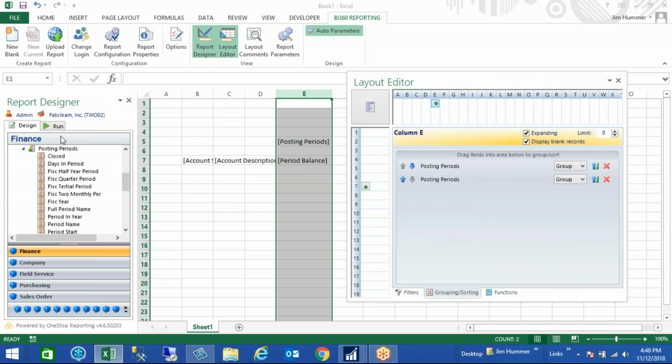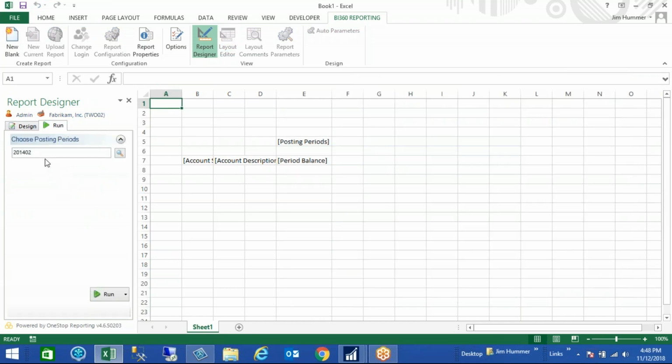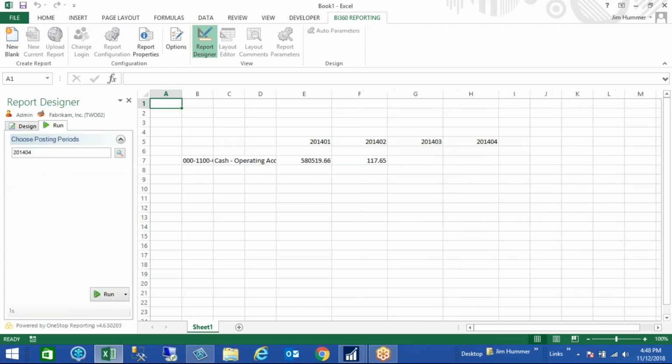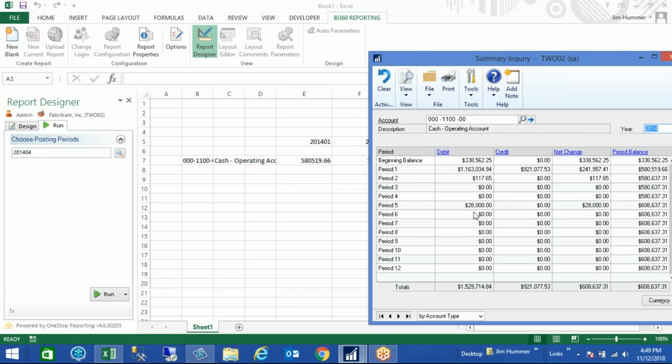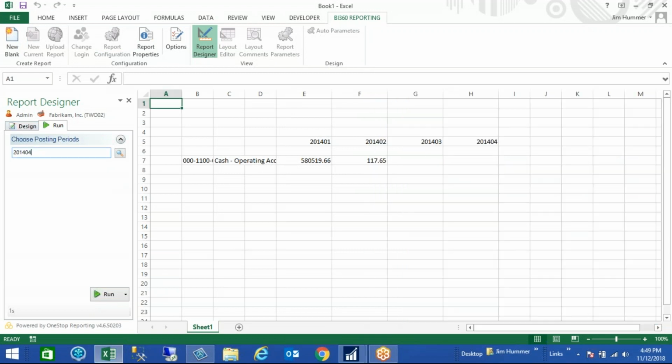So let's expand this, and we're going to do this for 4 periods, and this is going to expand out. And see, I didn't have any data there, so let's go see what we got here in GP. We got period 5 has data, so let's go out to period 5,